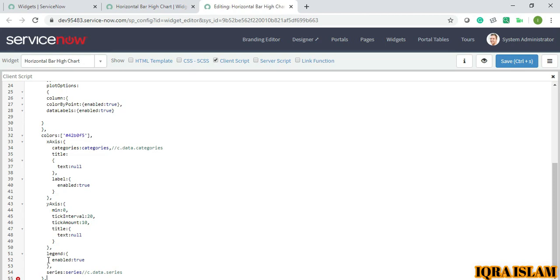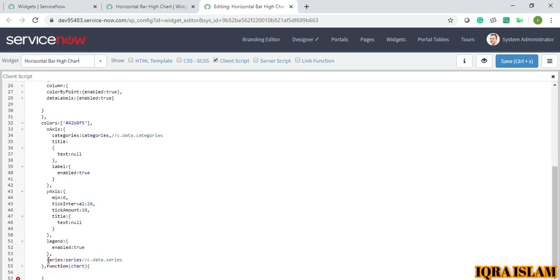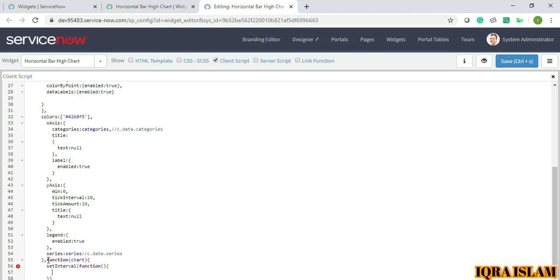Okay, now after this I will close this, and I will write function inside this chart. Now I will write setInterval function, and before the bracket closes I will open another bracket.